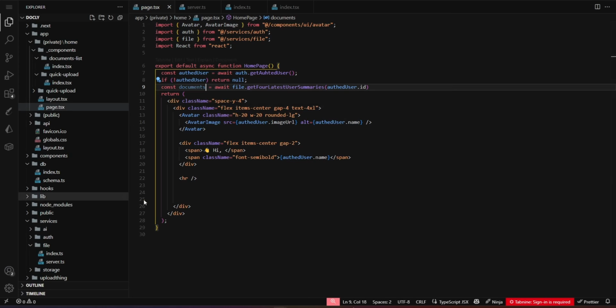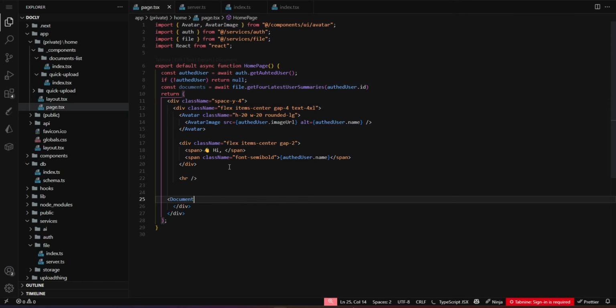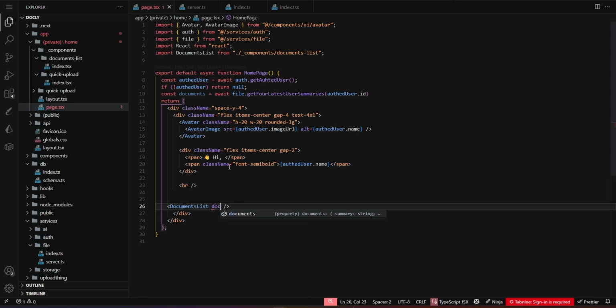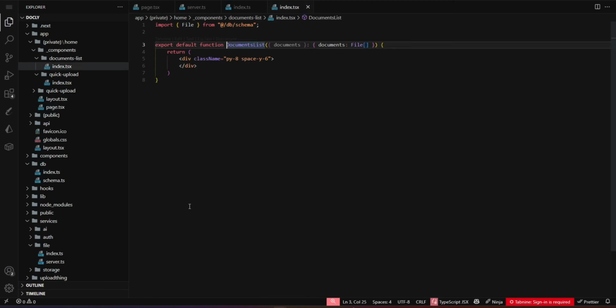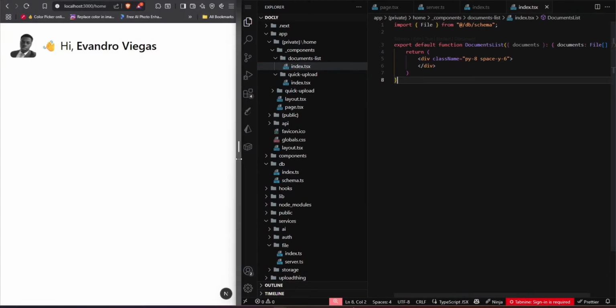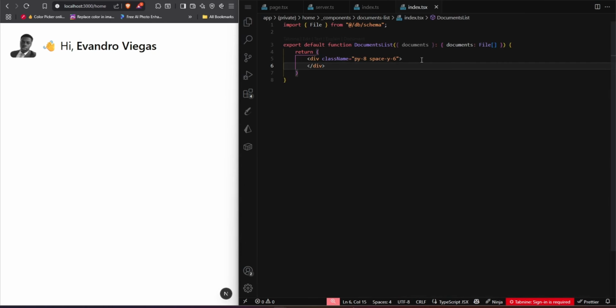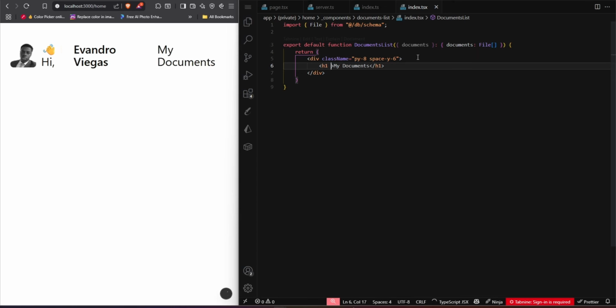All right, so now we can call the document list function or component and pass the documents inside. Okay, and we can pass here like this. Okay, now going back to the component, and let me put this side by side so we can see what we're doing. So what is going to happen here is we are going to have a div, and then we're going to have an h1 saying My Documents. All right, so this h1 is going to have a class name of